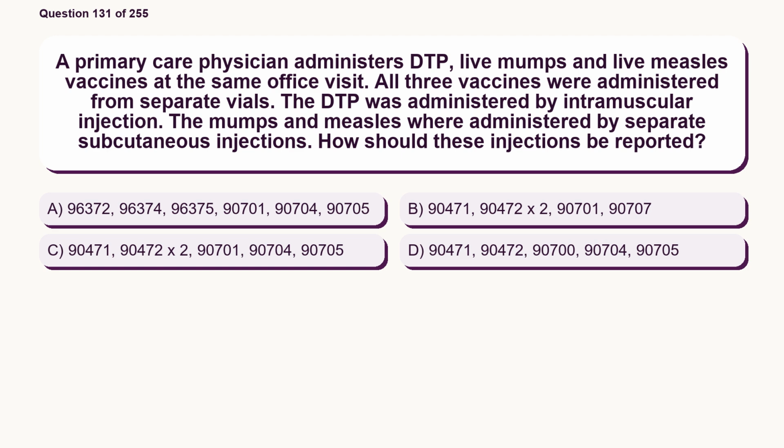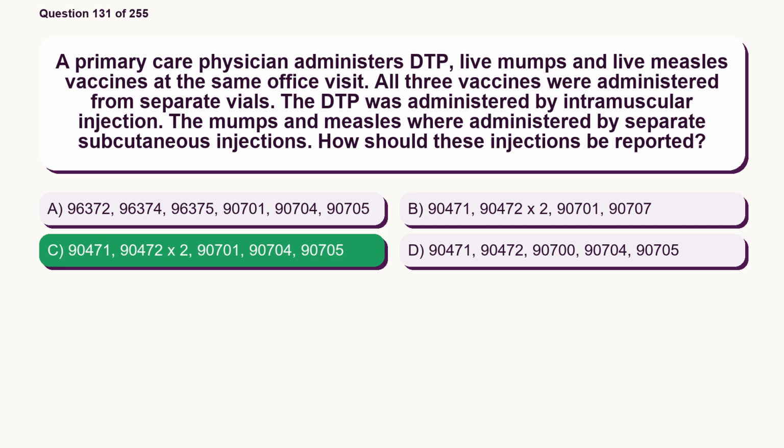Option C, 90,471, 90,472 x2, 90,701, 90,704, 90,705. Option D, 90,471, 90,472, 90,700, 90,704, 90,705. The correct answer is option C,